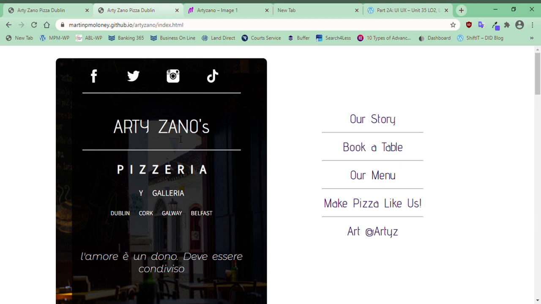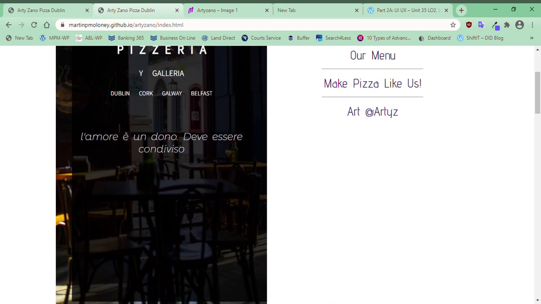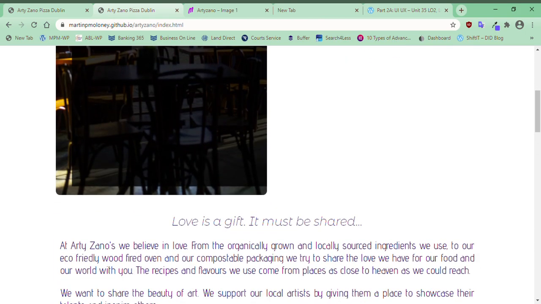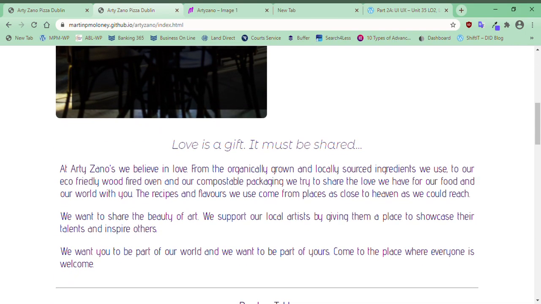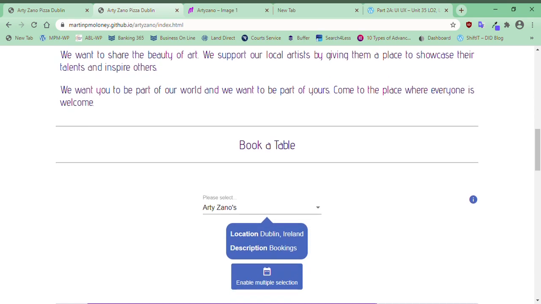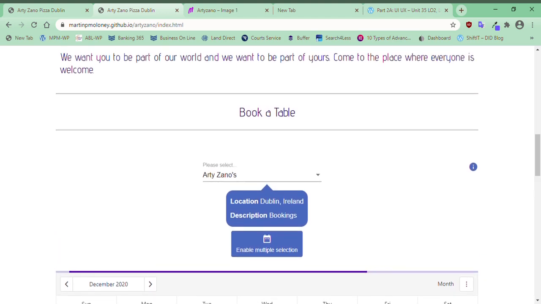In fact, the overall idea here is that in an iPhone 10, this hero image will fit perfectly and neatly within the screen size for an iPhone 10, and then the right menu will float underneath and will invite people to navigate the site. Then we have our promotional text, and then we've used a plugin here from